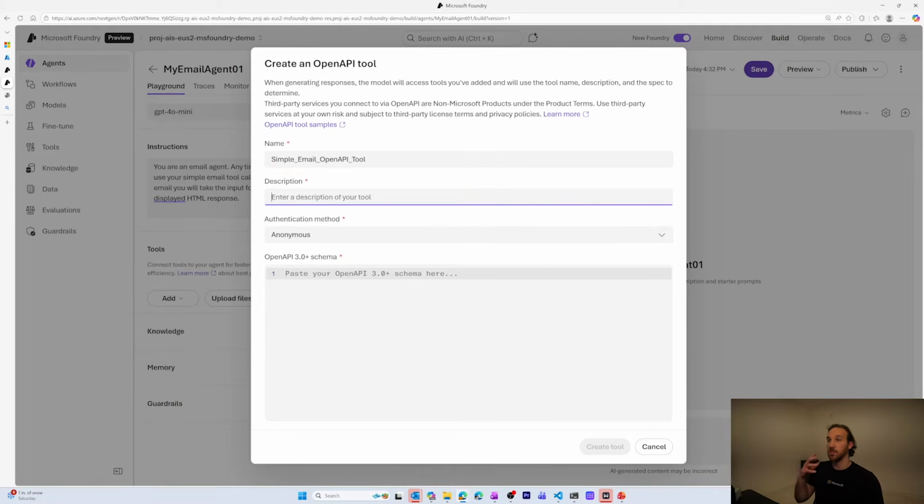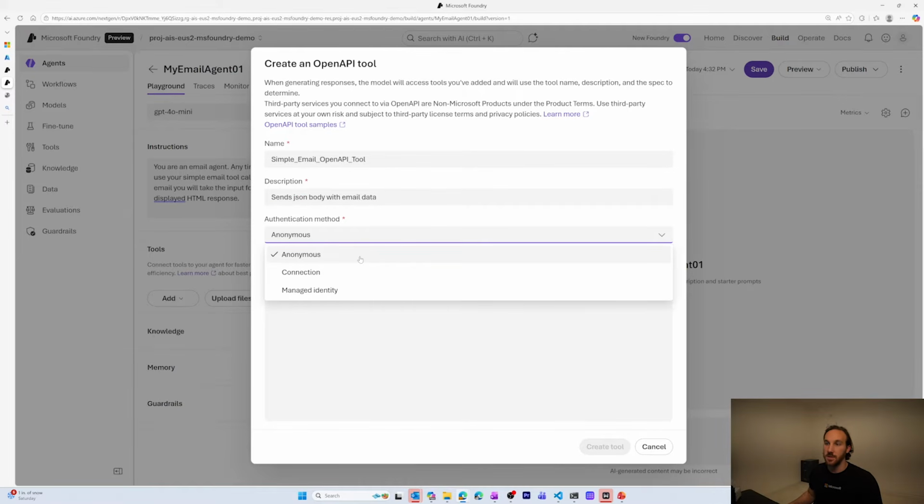Description of the tool is what this actually does. This is more for ourselves. This is not yet for the agent. Sends JSON body with email data. And now the authentication methods, there's anonymous, so you don't actually need to authenticate into the API